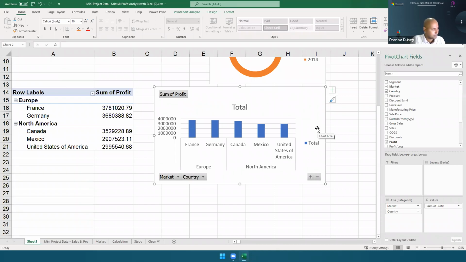At one place, I will keep everything. Everybody create at least 3 charts.